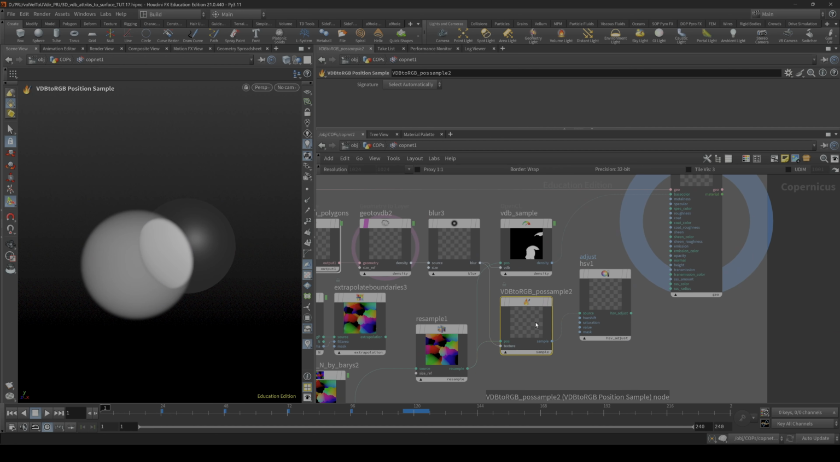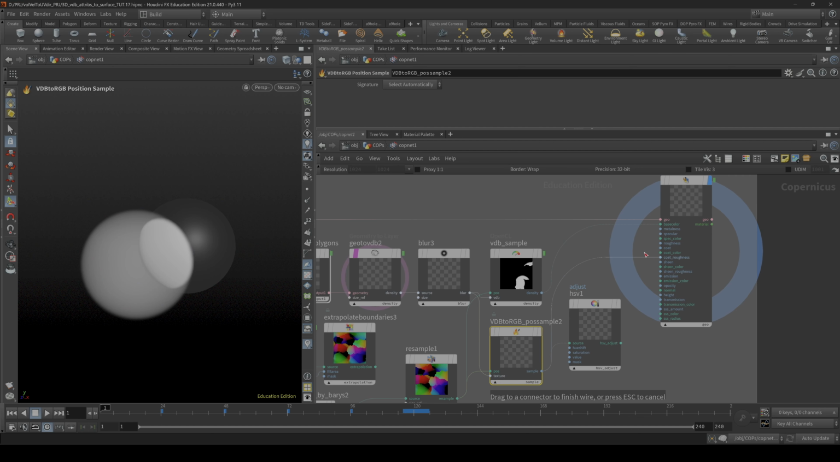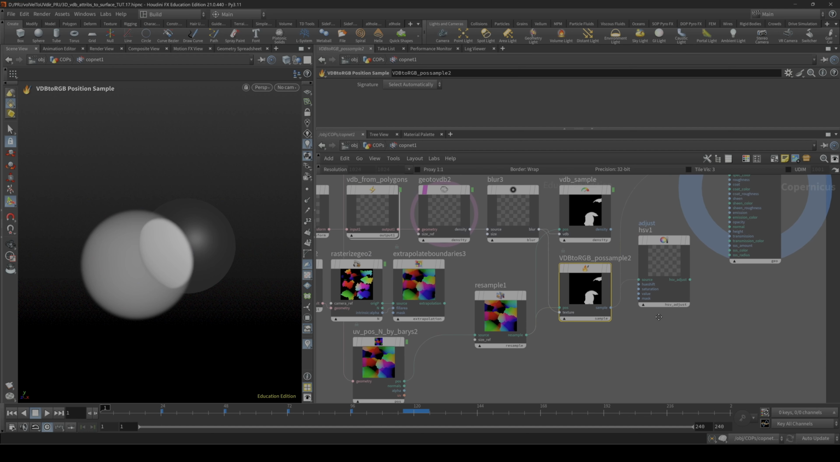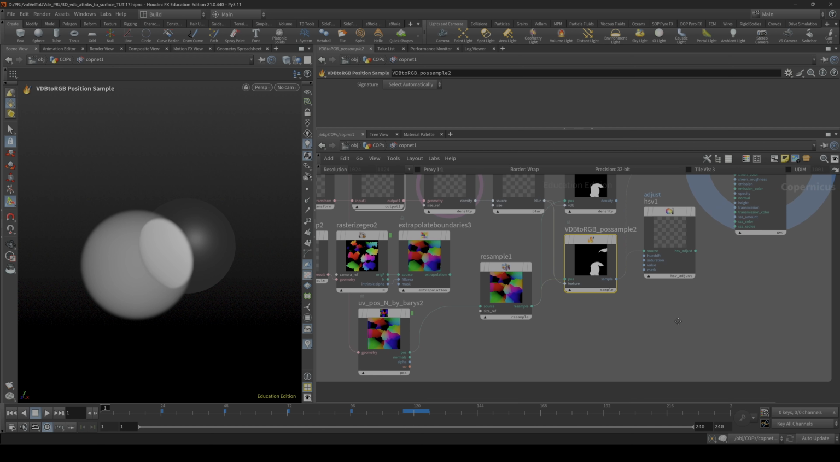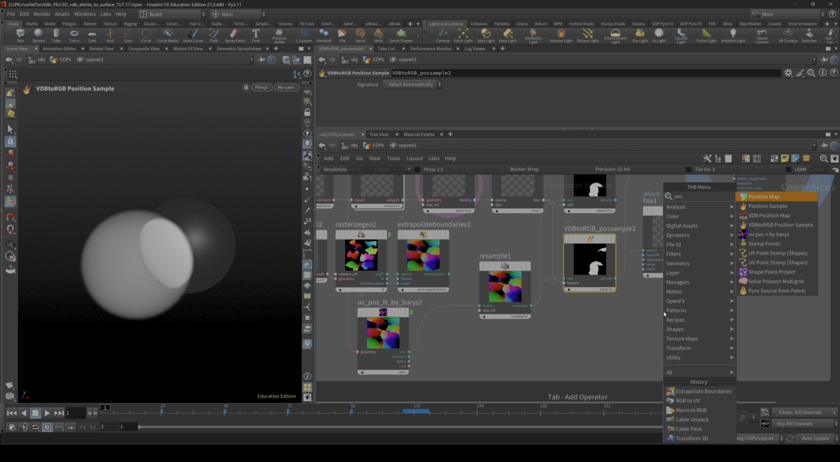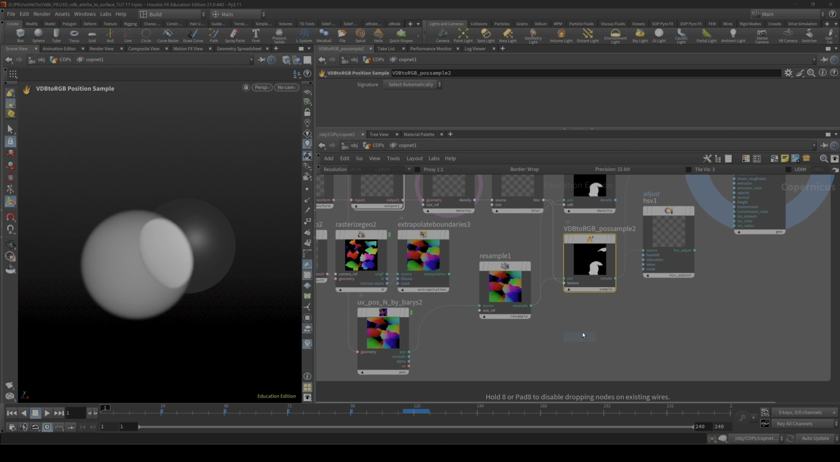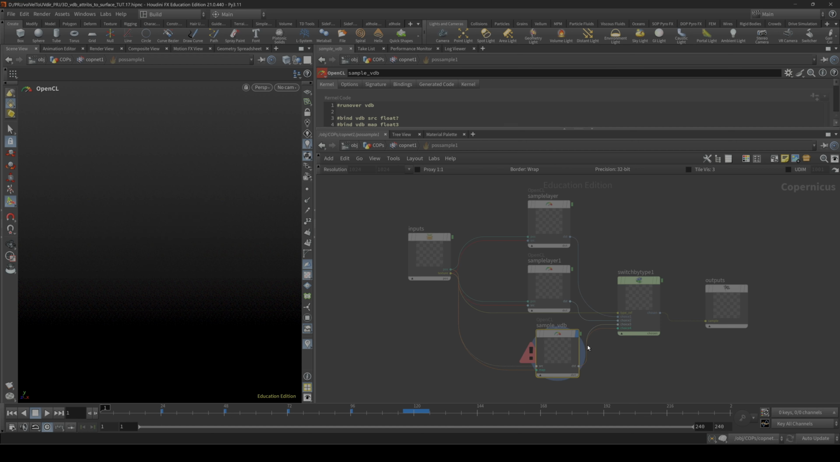Oh, I did make an HDA to make it a little bit easier. So let's plug that in. And so there is a position sample. Yes, there's a new position sample COP node inside of Houdini 21, and it's amazing. But if you look in it,